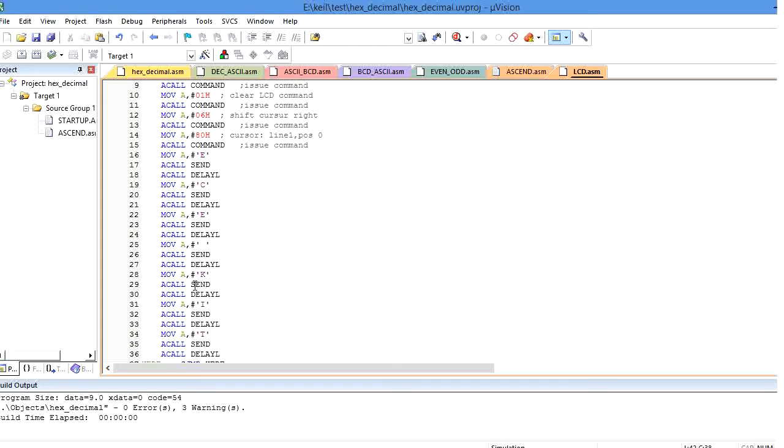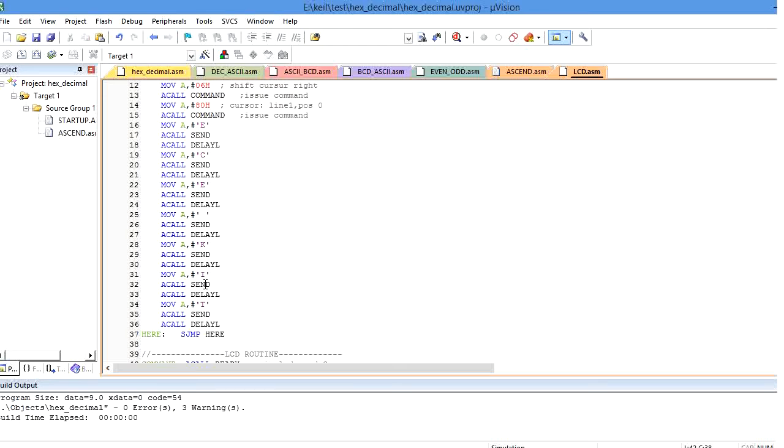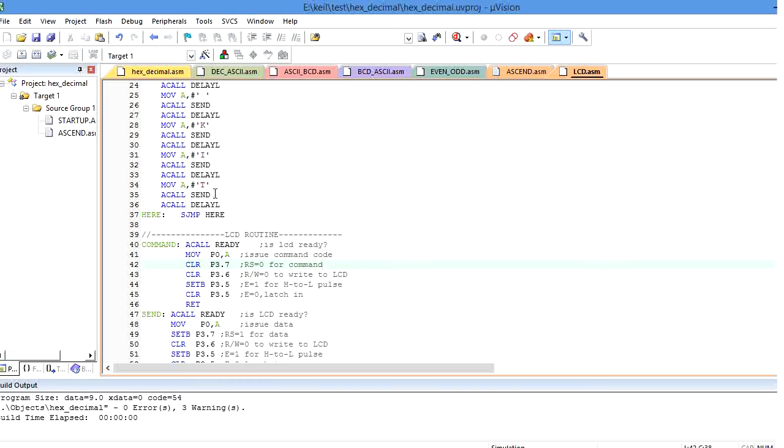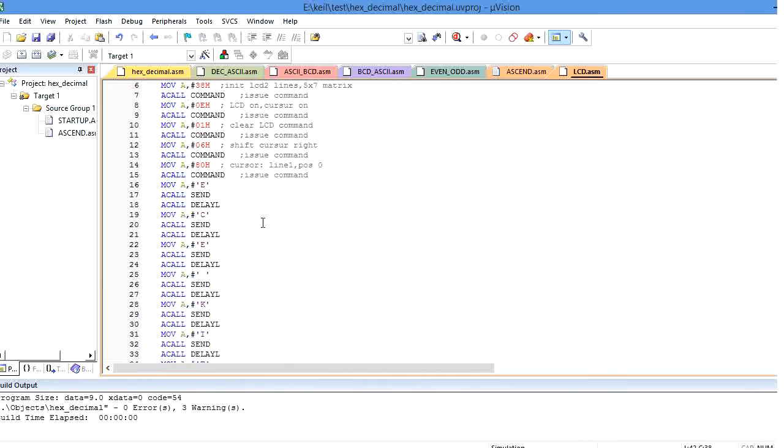Afterwards, again I am going to call the send function. After that, the delay function. Next is character I. Similarly, T. So whenever I call all these functions, one by one I am going to transmit the characters. After that, I am going to call the function. This function I already explained here. Based on this call, we are going to display all the characters on the LCD device, and we will see how the characters are displayed on the LCD device here.